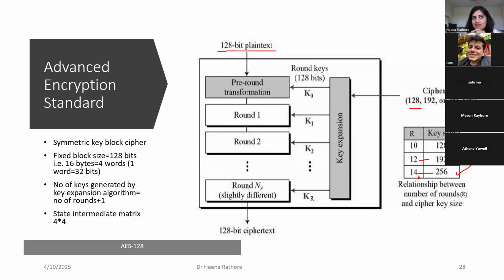You cannot use the same key in each of these rounds, and that is the reason they perform a key expansion. They start with 128 bits and then expand it for each round by reusing the previous bits they started with, but with certain modifications. That is why it is shown as the key expansion. At the end, you will get 128 bits of ciphertext, or you can get 192 based on the number of bits